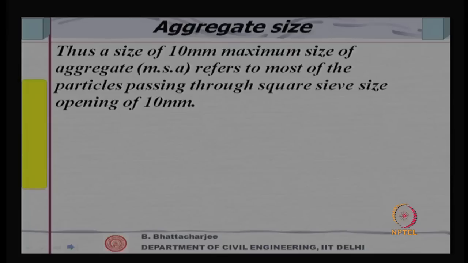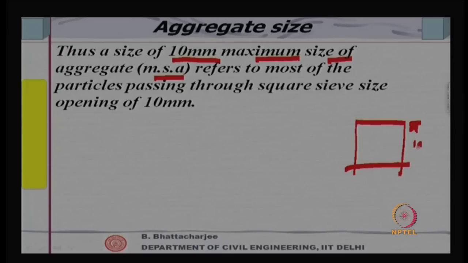Well, therefore, if I have a 10 millimeter nominal maximum size of aggregate, it means the majority of the aggregate will be passing through a 10 millimeter square mesh. So, 10 mm, 10 mm. So, when I say that nominal maximum size of aggregate, abbreviated as MSA, is 10 millimeter,